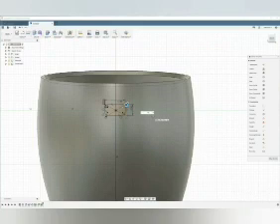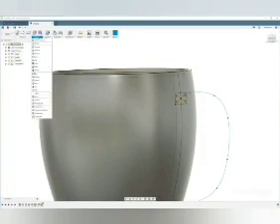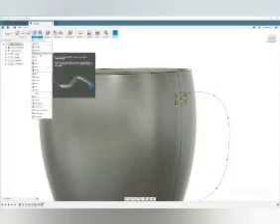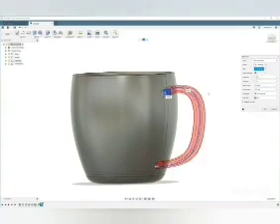The dimension is 1.5. The fillet is 1.5. Then I choose the sweep command. Select the one point and select the path selected by the joint. Okay, now we have the coffee mug.